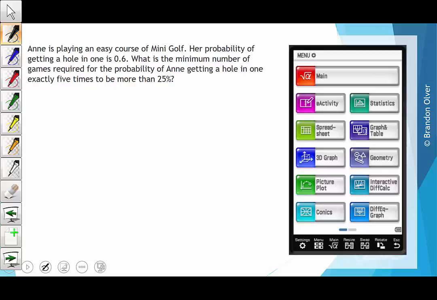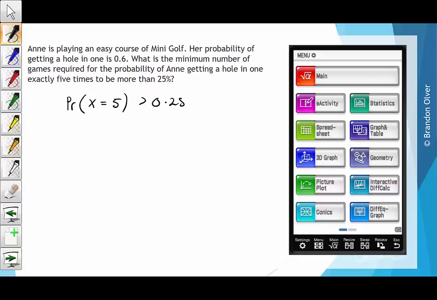Anne is playing an easy course of mini golf. Her probability of getting a hole-in-one is 0.6. What is the minimum number of games required for the probability of Anne getting a hole-in-one exactly 5 times to be more than 25%? If we interpret these mathematically, we want the probability that x equals 5 to be greater